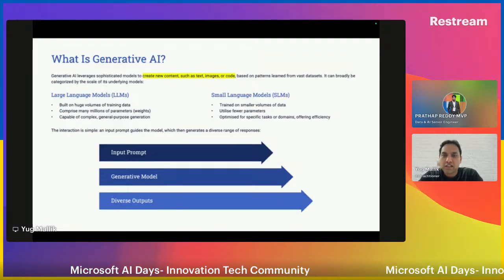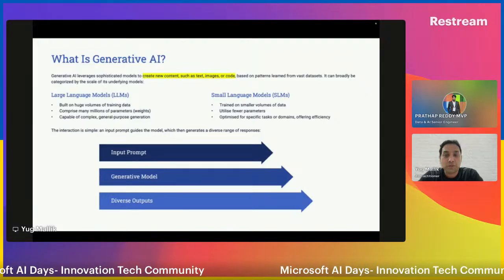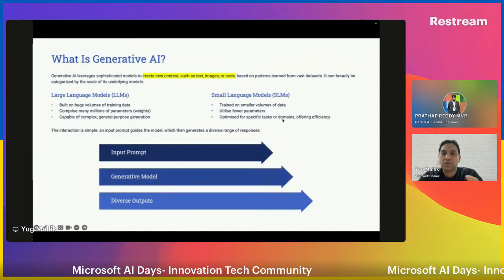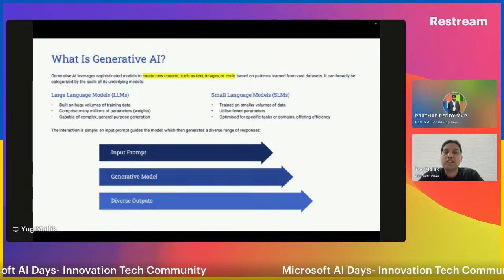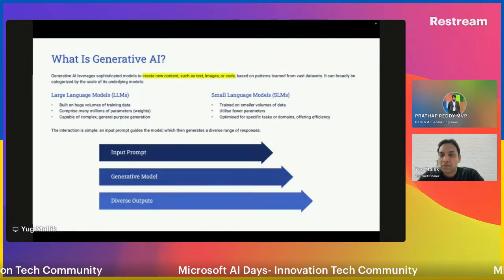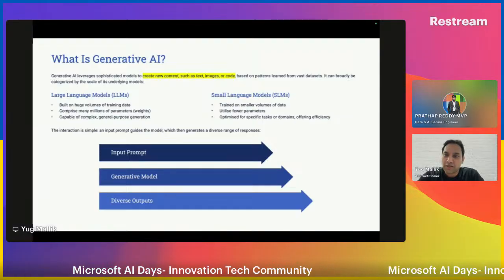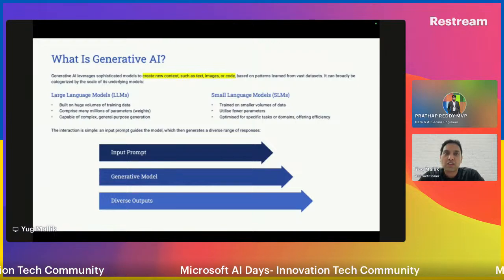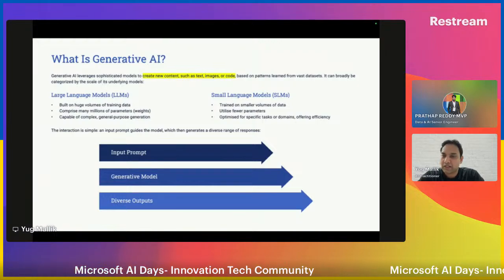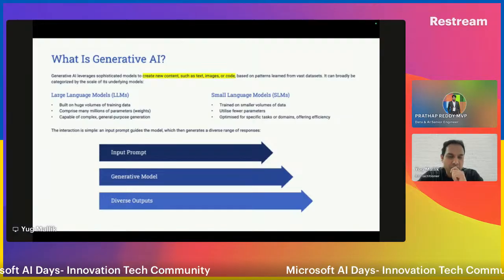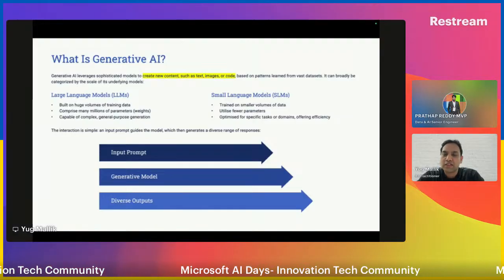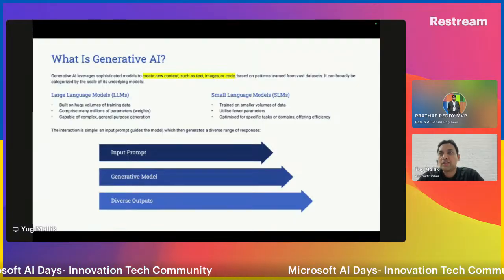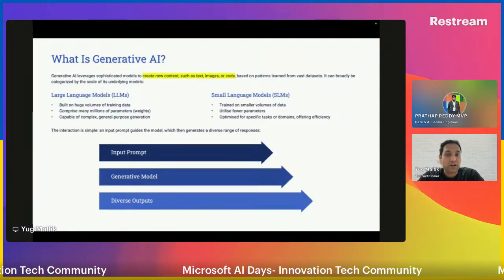The model can be a large language model, that you see on the left, and the other can be a small language model. What's the difference between a large language model and a small language model? A large language model is typically trained on a large amount of data, for example the ChatGPT we are using, currently GPT 5.1 or 5.2.